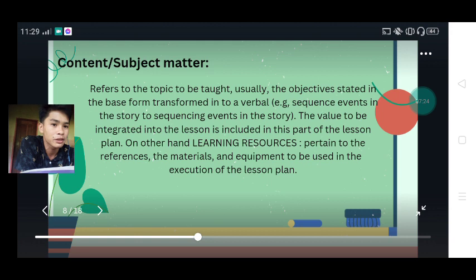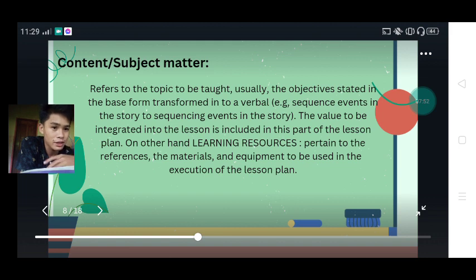So, ang content o subject matter diri usually gina-indicate ang unsagi topic nimo or unsagi ang imong content. So, we must be aware of that in order para kibali unsa atuhang mga gipang discuss, it should be in line or it should be anchored by your content or the subject matter.